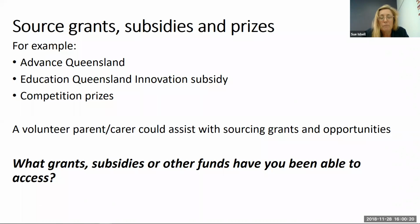Again, it's limited funds. I am lucky to be in a very large school. We've got over 3,100 students, so with that comes additional resources. But if you're not in a school or an educational institution that is well funded, you can generally find grants, subsidies, even competition prizes. You may be able to get a volunteer in who can assist with sourcing grants, different